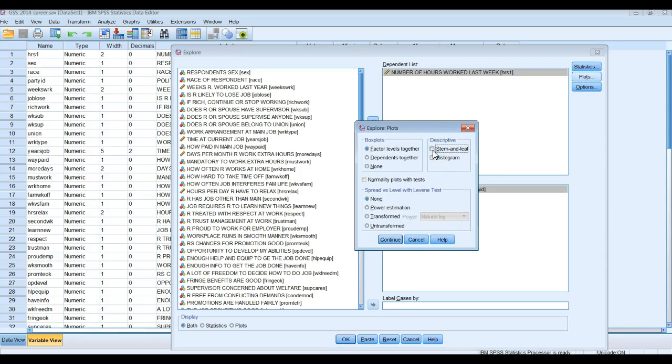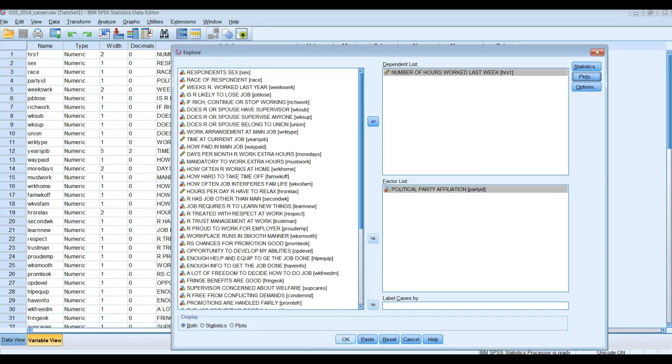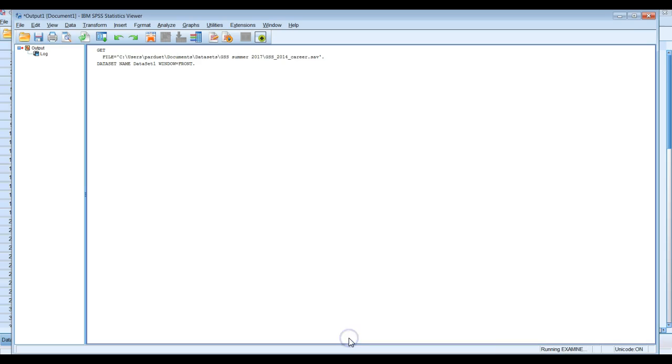For plots, we don't want the stem and leaf, and we really don't want the histogram either, because the histograms are going to be hard to compare. So we'll click OK, and we'll wait for the output,